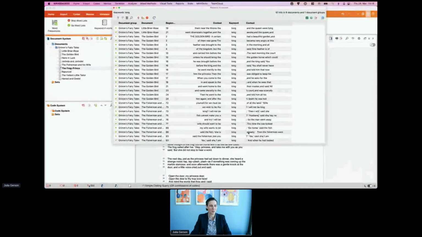So this is the tool if you're looking for a keyword in its context. You can add a keyword or you can add multiple keywords, open up this result table and really read through it. Again,